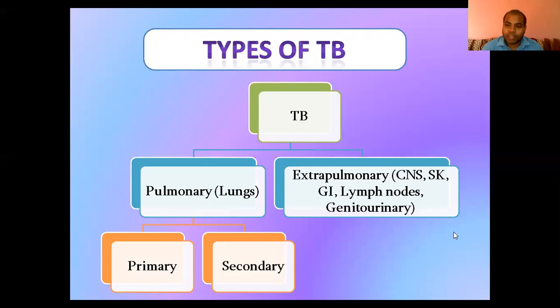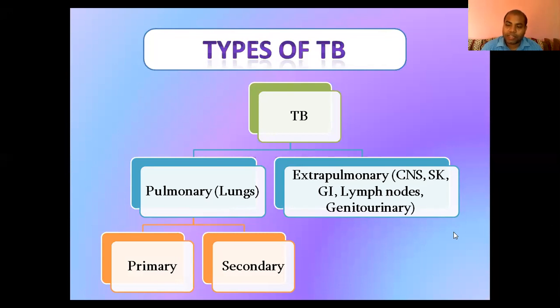Starting today's topic, we are going to start with the types of TB. TB is tuberculosis, and it has already been established that it is diagnosed using a blood test or smear test, along with the skin TB test, also known as the Mantoux test. It is classified into two types. One is the major type, pulmonary. Pulmonary refers to the lungs, so if it has infected only the lungs, then it is known as pulmonary TB.